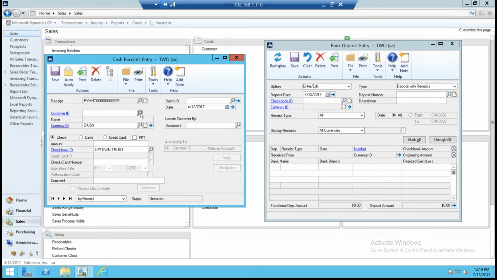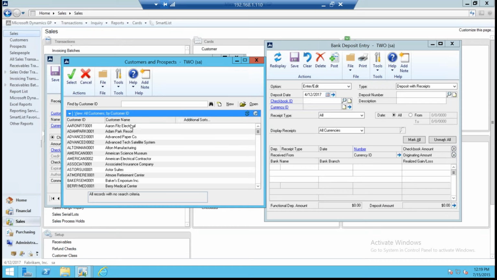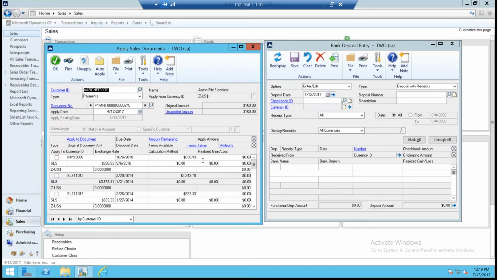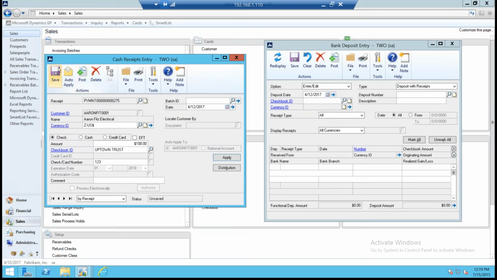I'll enter my cash receipt for my customer Aaron Fitz. So we'll say there was a check for $100 to my Uptown Trust check number. And I can do the apply step as usual. I'll apply it to this first invoice here. Now when I post this